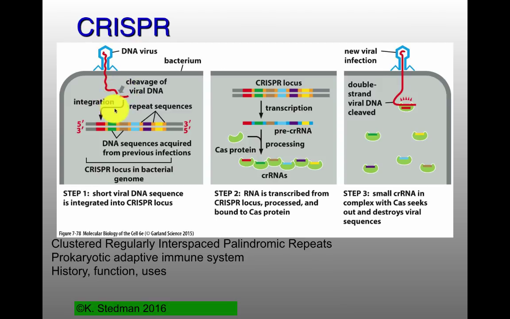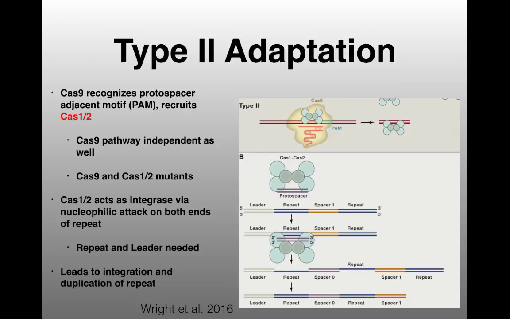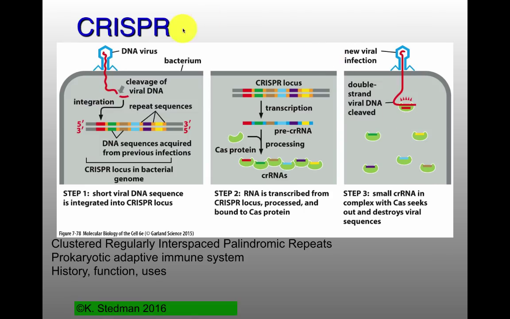We have the adaptation response where the bacteria will take this piece of DNA, add it to your CRISPR array between all of these repeated sequences, these spacers. Once you have a spacer, that can be transcribed, and any future infection will be blocked because you have one of these RNAs which will block the DNA once it comes inside the cell. There are 3 steps: adaptation, expression, and interference. The adaptation step, I'll show you maybe back up here. Here we have adaptation, expression, interference.